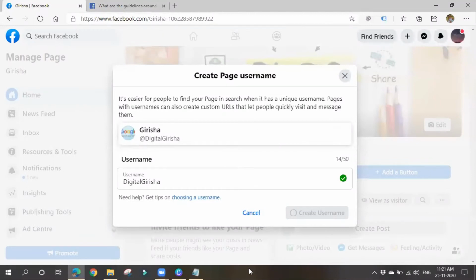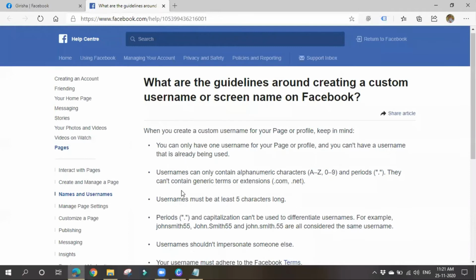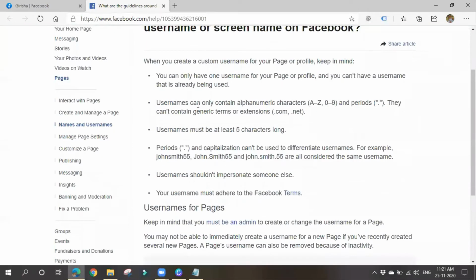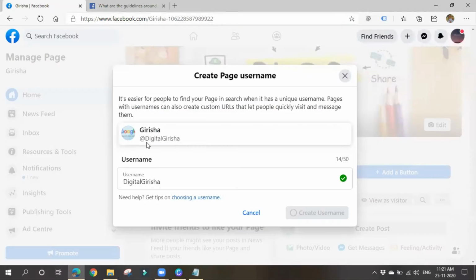It is also giving me some tips. If you click on this URL, choosing a username, okay, it shows how your username should be. It can only contain alphanumeric characters and must be at least 5 characters long. Periods and capitalization can't be used, so I can't use capital letters. Let me check once. But I can't click on this thing.